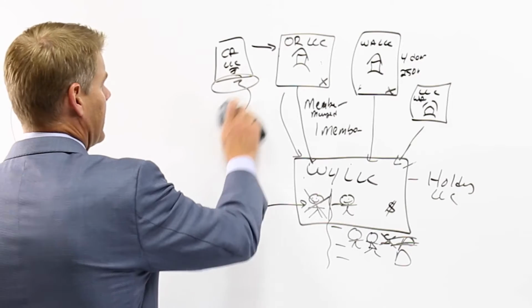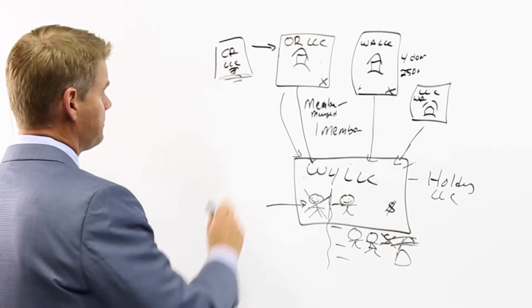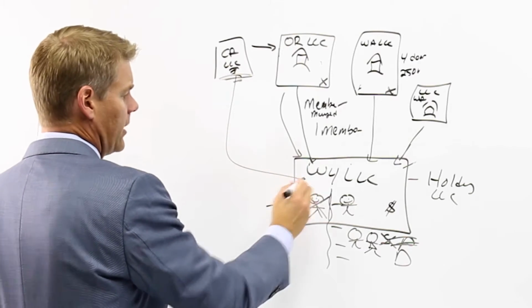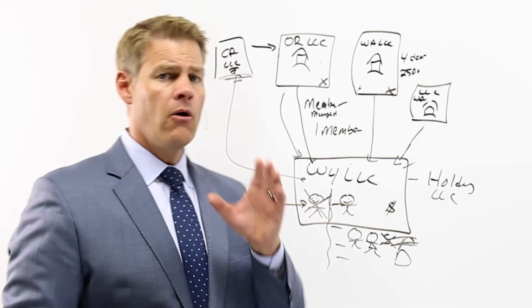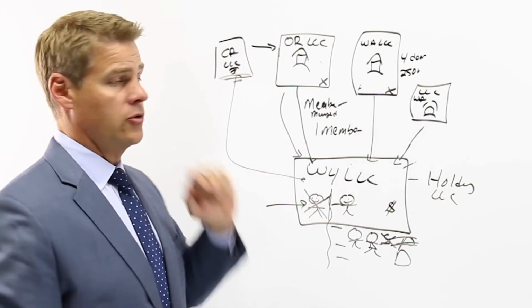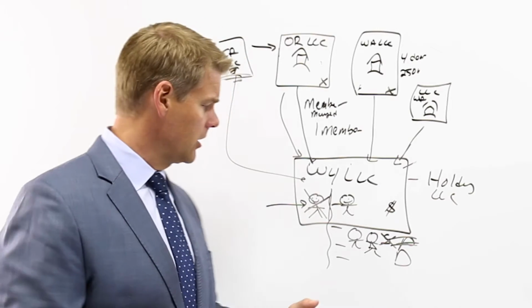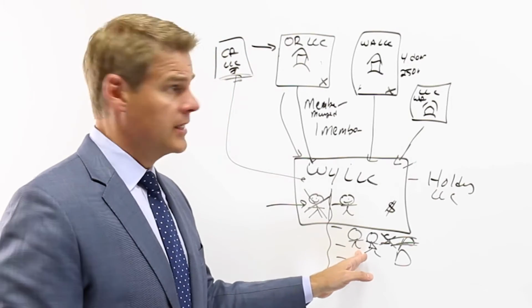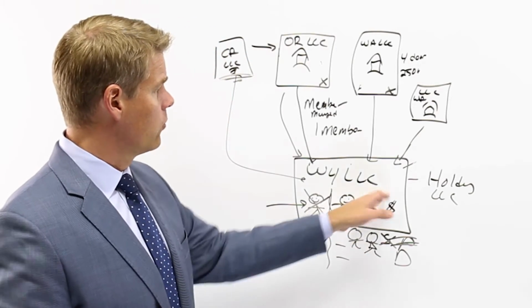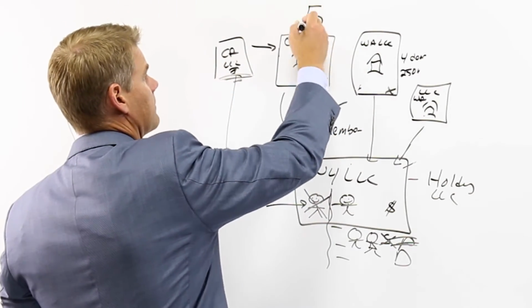So by taking that California LLC, and rather than me holding it as an individual, I stick it into this Wyoming LLC, I've now, through the use of the Wyoming LLC, provided charging order protections for my California LLC. And the way it works is as follows. You're down here, and we have on this board 5 limited liability companies.